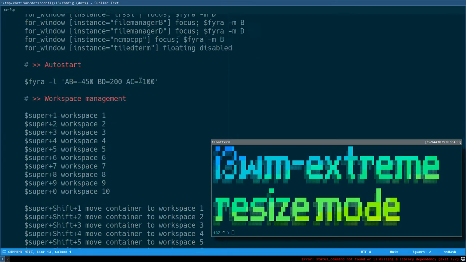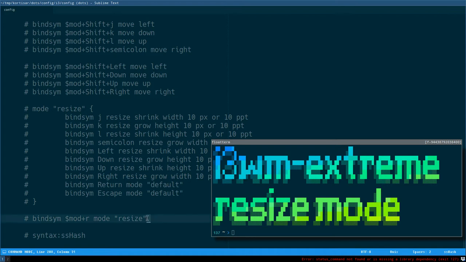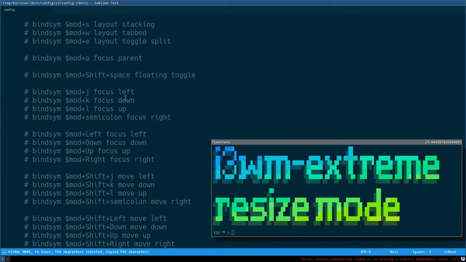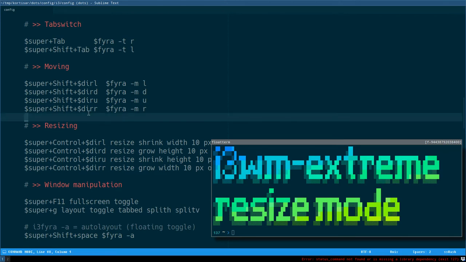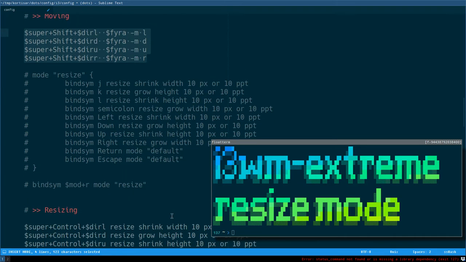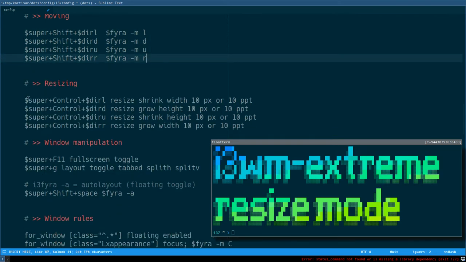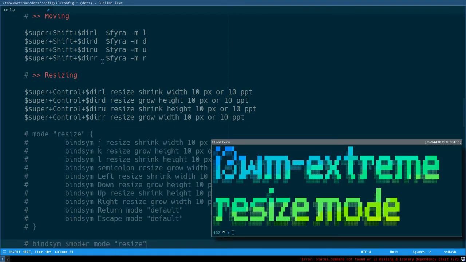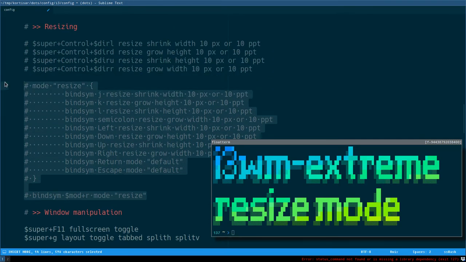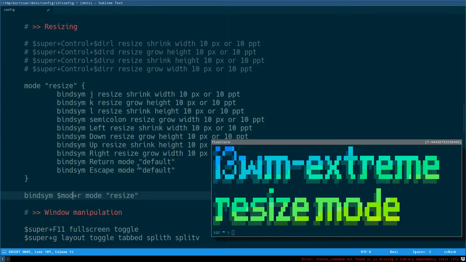Okay, this is the config file from the last Let's Linux video. I will copy here now from the commented out defaults. This is the resize mode thing. I copy that and I place it up here where we have the moving. Then I comment out these, no, not moving, resizing, I mean, sorry. Place it there, and then we comment out these resizers that we set last video, and I enable this mode, and I have to change the hotkey here because these are taken now by dmenu, so let's put it here. But otherwise this is basically the default